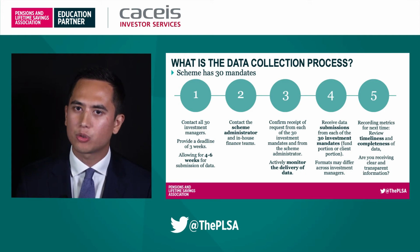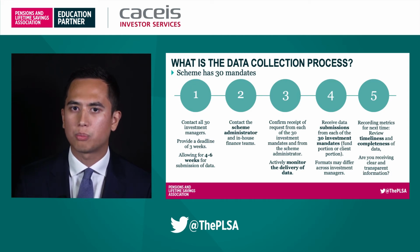The next key metric to look at beyond the cost data is that qualitative stuff. What's the timeliness of my asset manager's submissions, and what's the quality of data that I'm receiving from my investment managers? Are they in line with my expectations on what good cost transparency is about? So Scott, that all sounds fairly straightforward, but what are the real challenges that you have actually faced as a